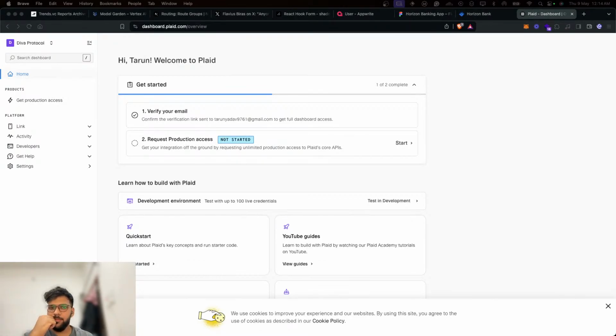Now that we have the keys, we can start with the integration. Back in our terminal, we can run npm install react-plaid-link. This will allow us to link